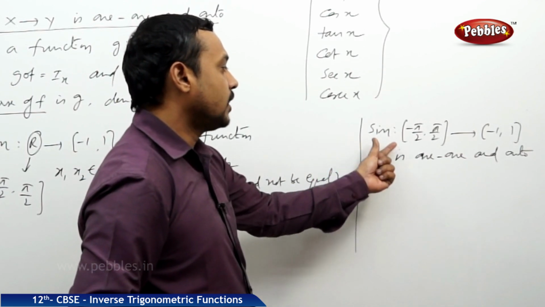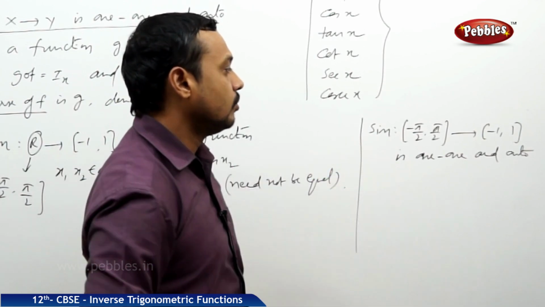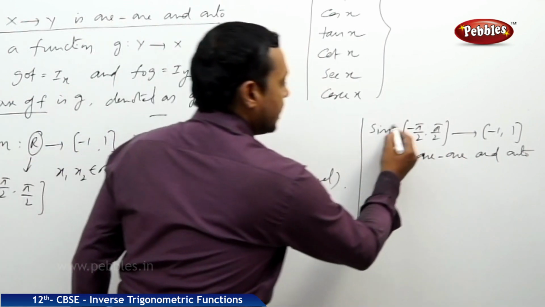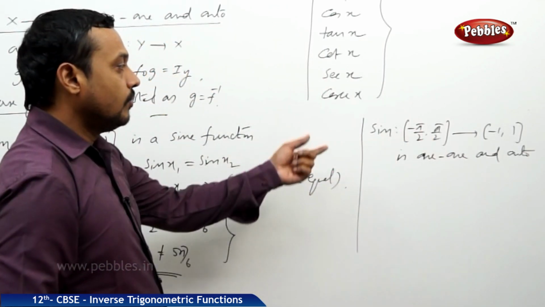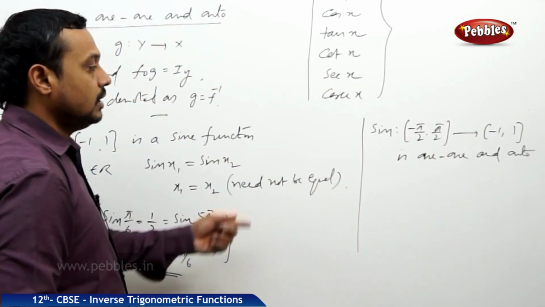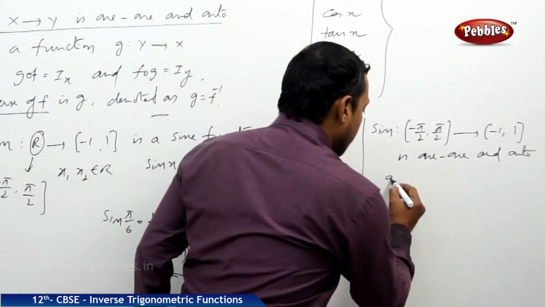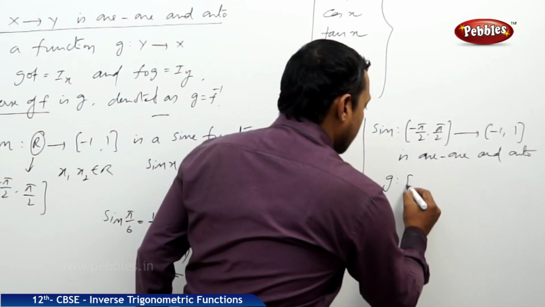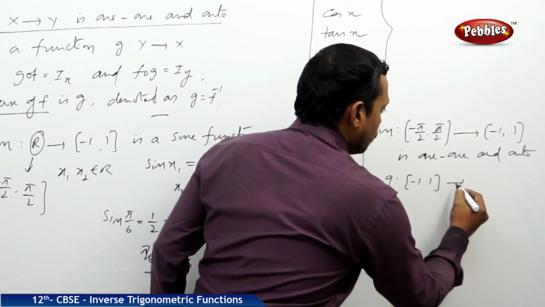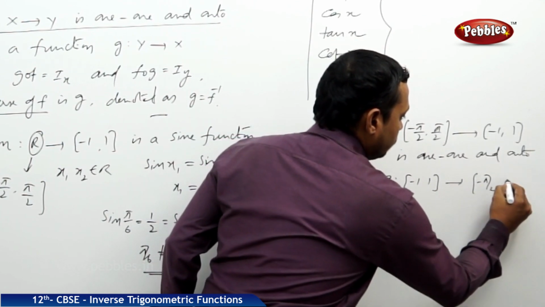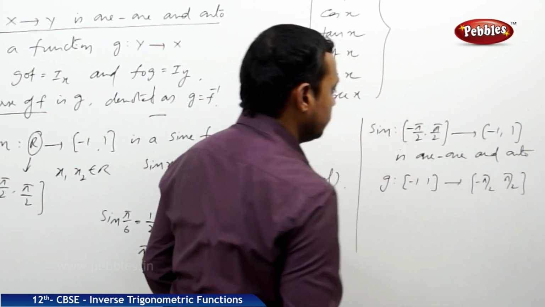Therefore, the sine function is 1 1 and onto, bijective. Since it is bijective, then we can define a function g from minus 1 to 1 to minus pi by 2, pi by 2 such that